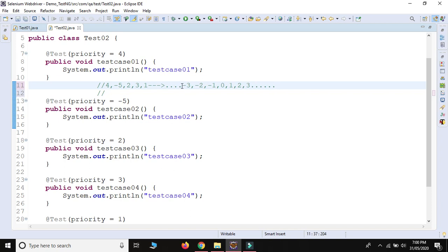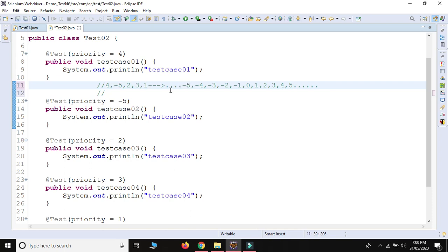I will make it minus 4, and minus 5 also. So minus 5, minus 4, minus 3, minus 2, minus 1, 0, 1, 2, 3, 4, 5, up to n number. So among these 5 numbers, the least number is minus 5.